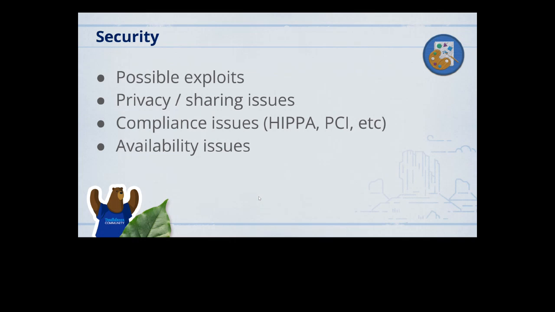And then availability issues. This one's kind of nebulous, but think of it as a way that somebody could do some kind of exploit against you to bring down your community site, your API, or flood your endpoint with a bunch of useless data and cause your support reps to now have to weed through thousands of spam cases to actually find real customer cases. These types of things are a security concern, and something that a code review can help at least call forth, or at least make people aware of.